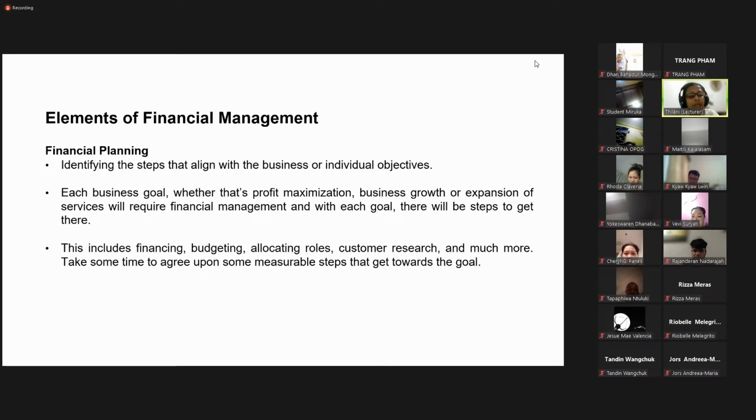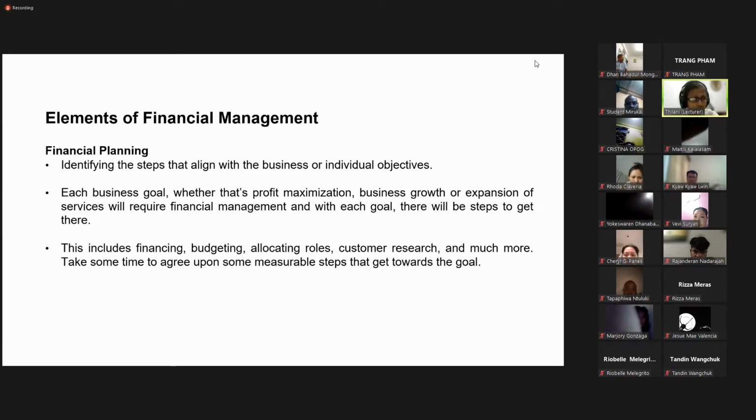It could be to get maximum revenue, or in terms of growth, to gain a big market share, or maybe to get a lot of profits. But everything will need a step-by-step process in terms of managing your finances for each of these. For example, if you want to grow your market, you might have to do more promotions, or some product development. For all that, you need resources, finances, funds. Therefore you need to plan your finances properly.